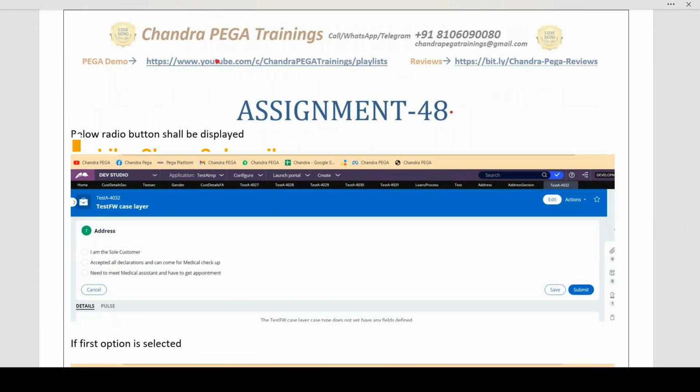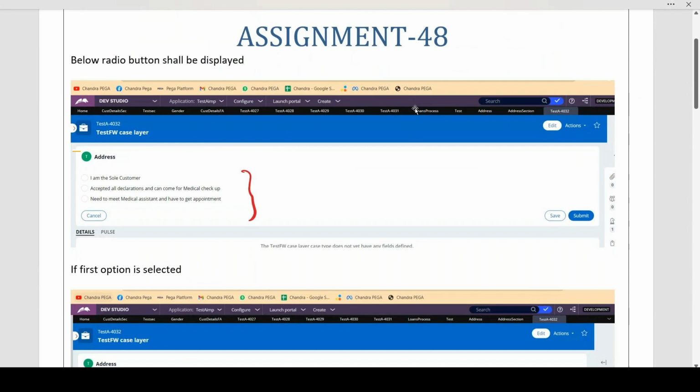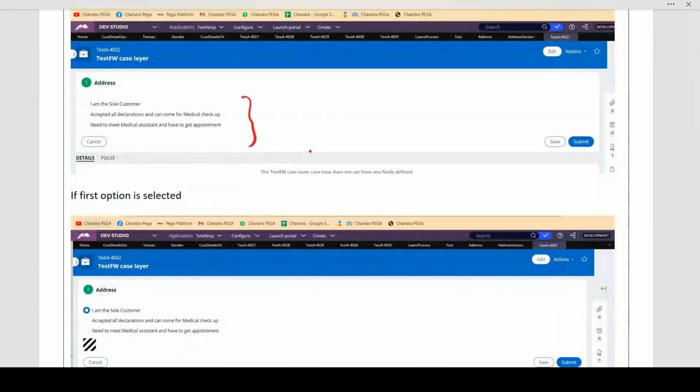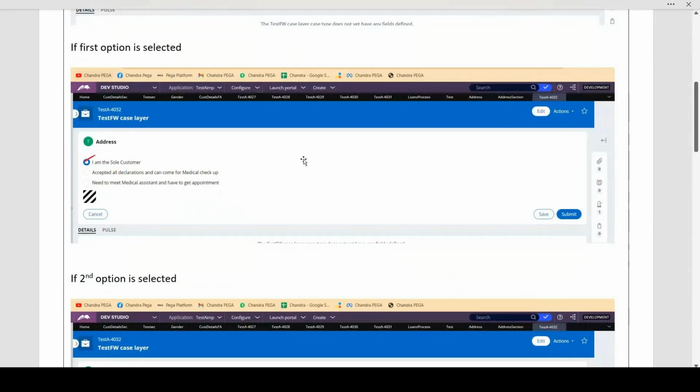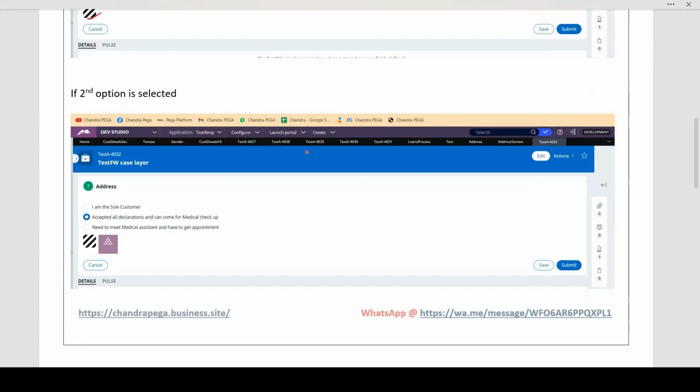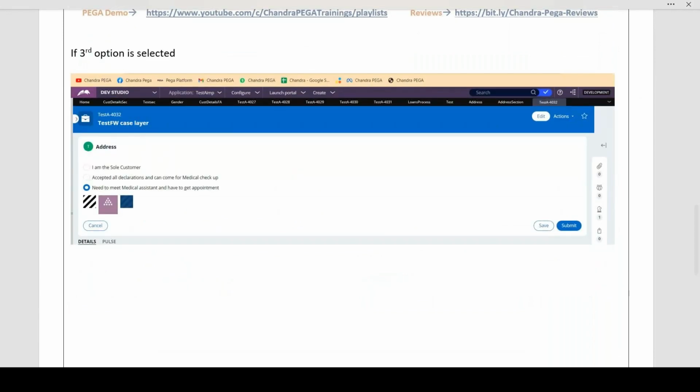So below, a radio button should be displayed with these three options. Now if the first radio button is selected, then we are supposed to show one image. And if the second radio button is selected, it has to be displayed with image 1 as well as image 2. And if the third radio button is selected, then it has to be displayed with all the three